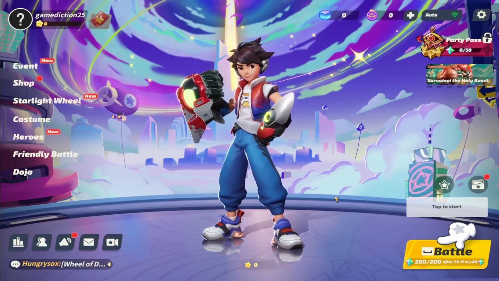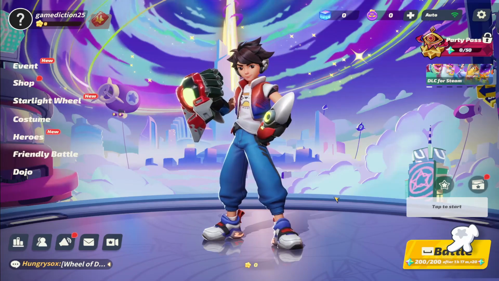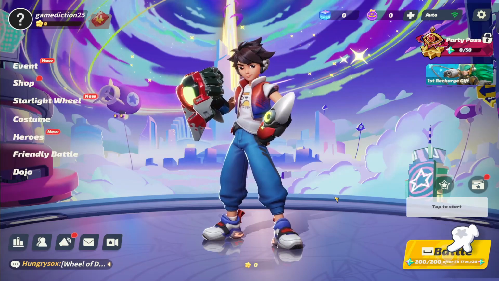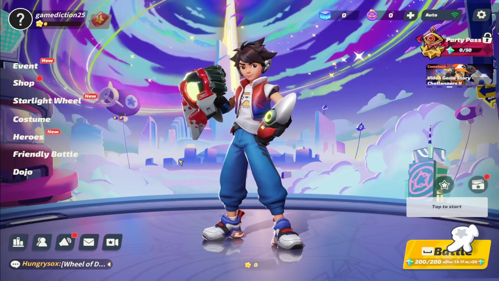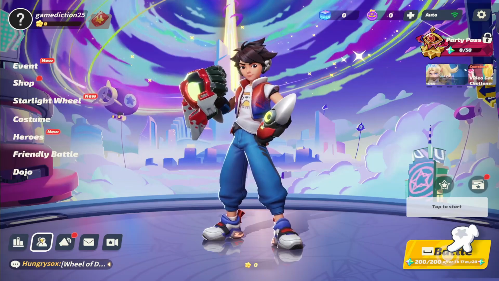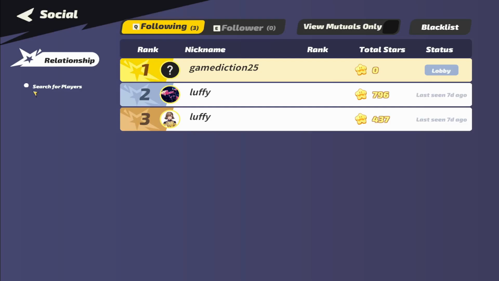First of all, open up the Flash Party game on your device, and once you are taken into the home page, if you wish to add friends, then in order to do so, click on the friends icon at the bottom left corner. Now from the friends tab, in order to add friends, click on search for players at the